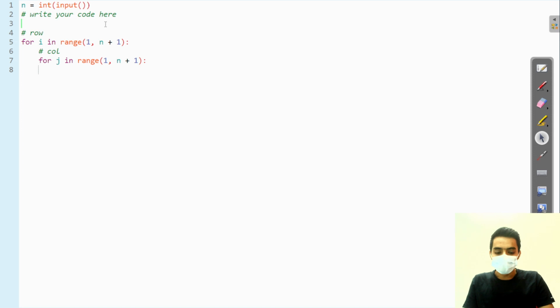So the middle row m will be int of n by 2. We have to convert it to an integer, because in Python if n by 2 is 2.5, it will take 2.5, but we want 2.